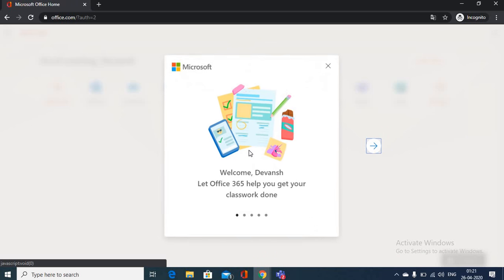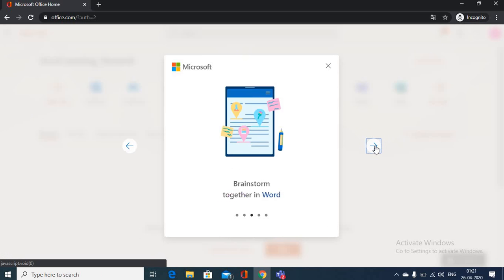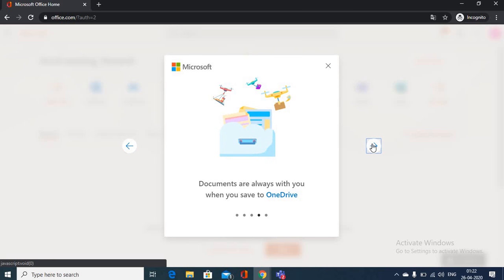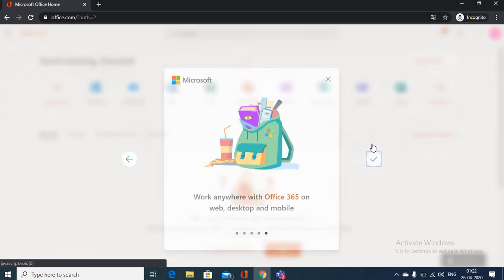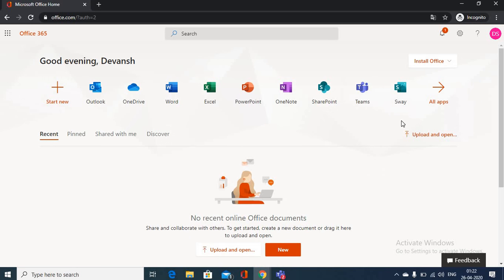As soon as you click on skip for now, you will be redirected to the welcome page, on which you will see multiple products of Microsoft like OneDrive, Word and whatnot. So finally you must see this screen on your successful logging in process.